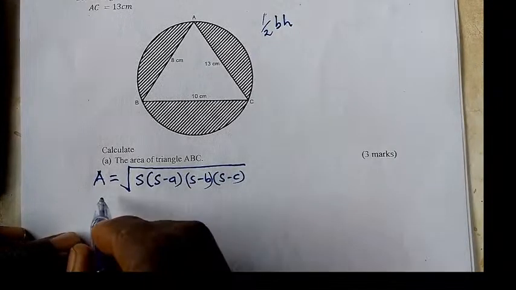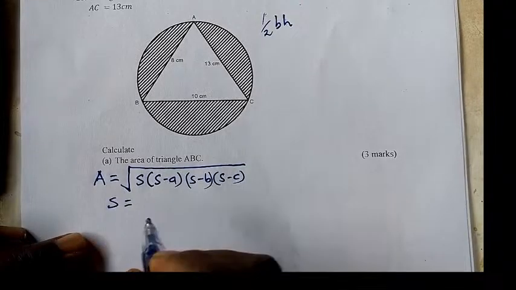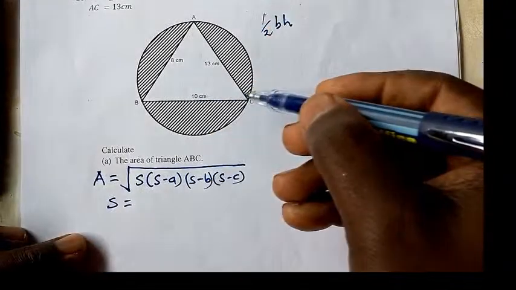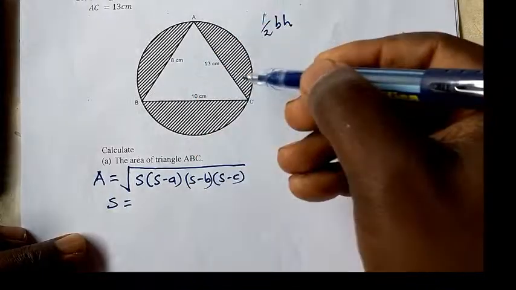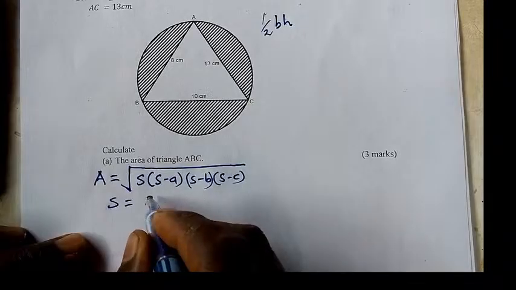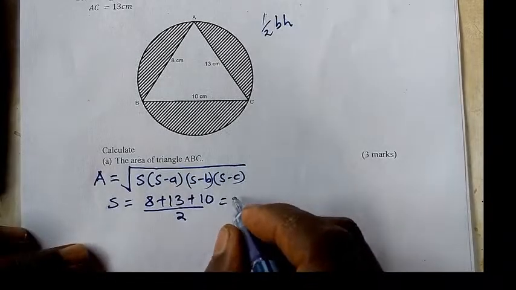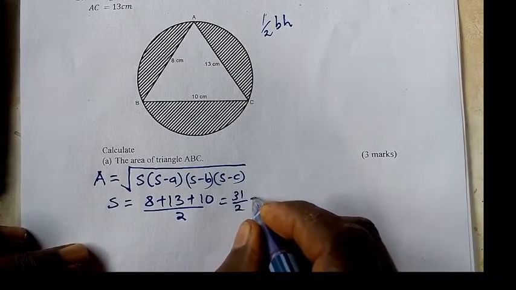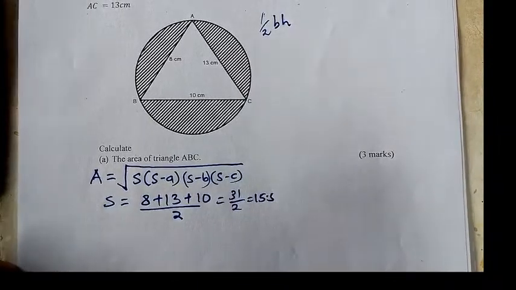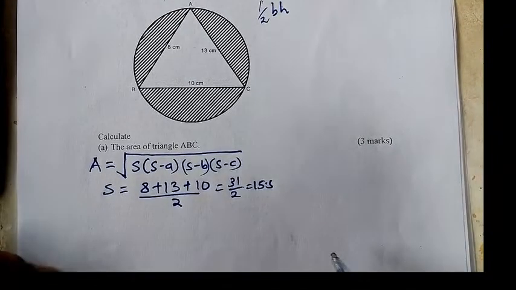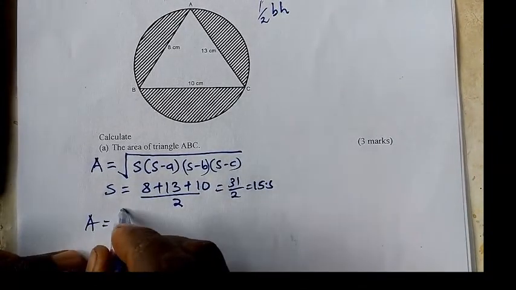So S equal to, you find the perimeter of the triangle, divided by 2, 1 divided by 2, and that is 15.5. So our S is 15.5. Now let us substitute our area equal to the square root of